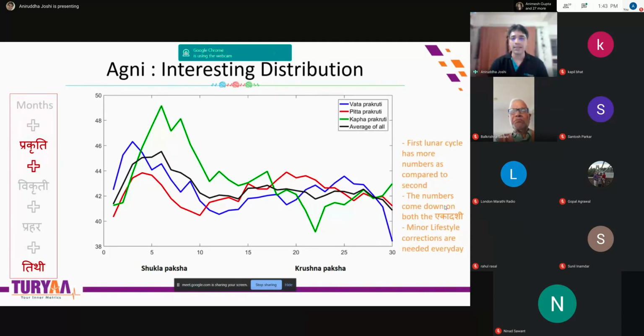taking actions. So I think yesterday there were almost 3 or 4 questions with respect to fasting, whether we should do intermittent fasting, when to do fasting, whether we should eat before or after sunset, sunrise, or something like that. So there were questions. And I think with respect to these numbers, these graphs, I can definitely tell all of you that yes, there are generic rules which you should follow with respect to timings, with respect to some of the tithis and so on.